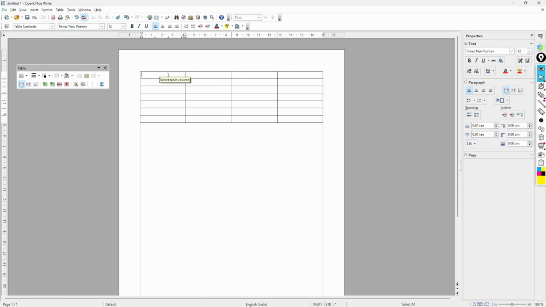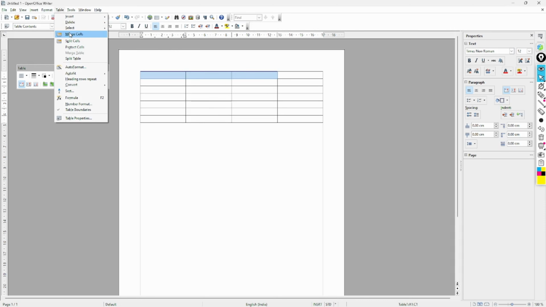The first way is to click the mouse button, press it, not just a single click, hold the button and move your cursor. See, moving, two cells got selected. Again, the button I pressed, I did not just single press, I held that button. Now see, I am moving here, selected, done, like this. Now I will go to the table. Now the merge option is visible, correct? Because I had selected two or more cells, correct?